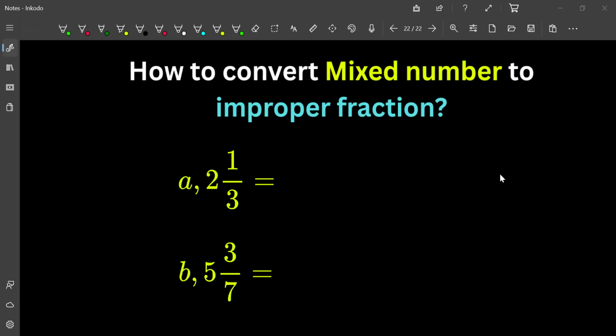And for today's video, I will show you how to convert a mixed number to an improper fraction. But before I show this exercise to all of you, I will explain what a mixed number is first. Okay, so